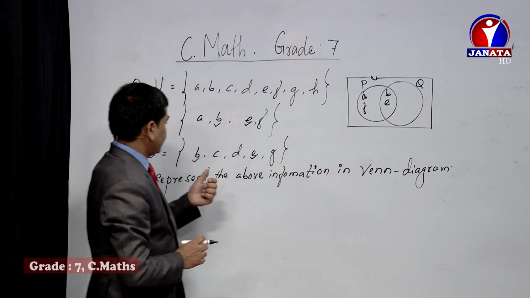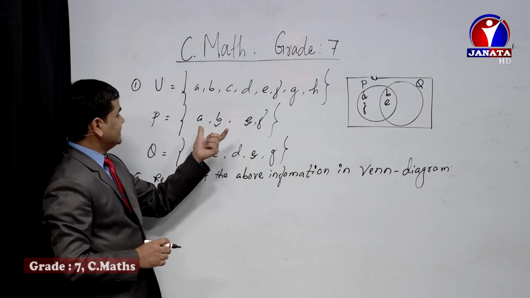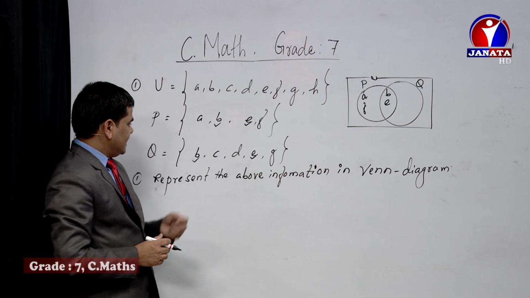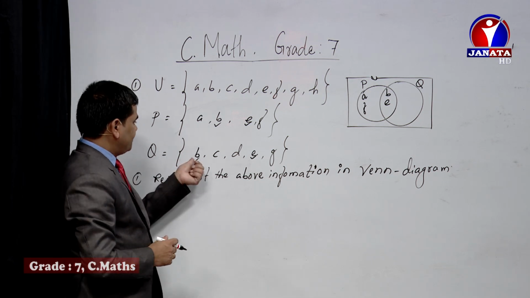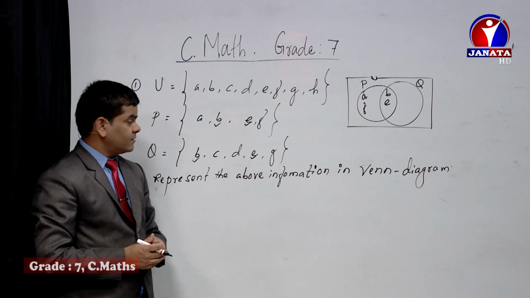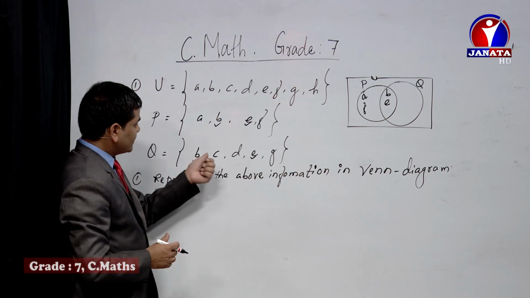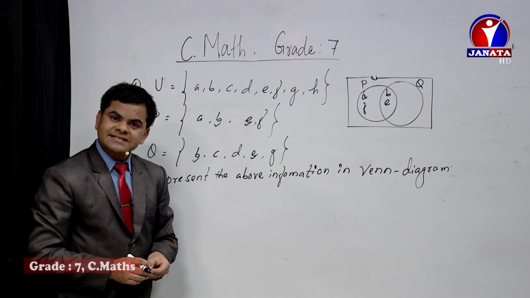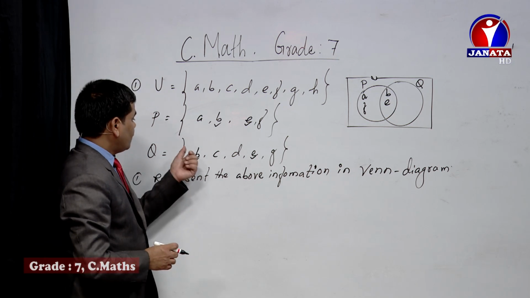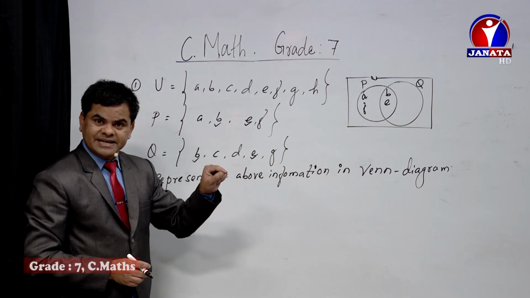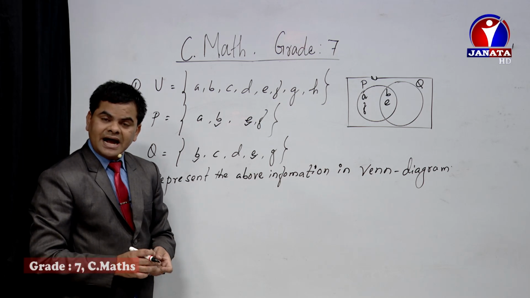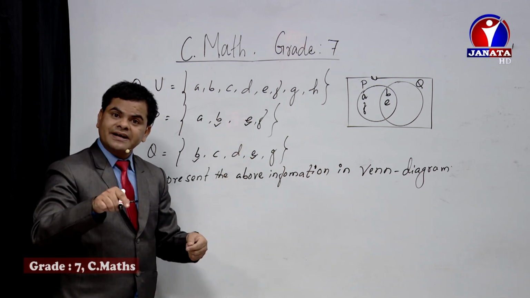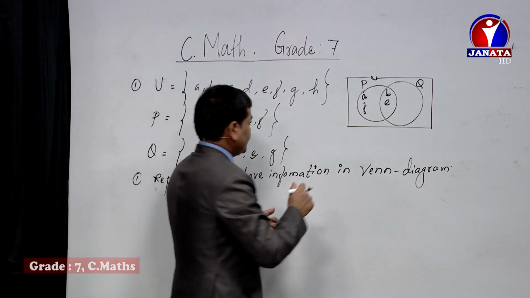Now similarly, as we have completed plotting the elements of set P, let's go to set Q. In set Q, dear students, B and E we have already kept in the common area of both sets. Now the remaining elements C, D and G are the only elements of set Q. So we need to plot these three elements in the place of only Q. In other words, that place is Q difference P, so we are going to include